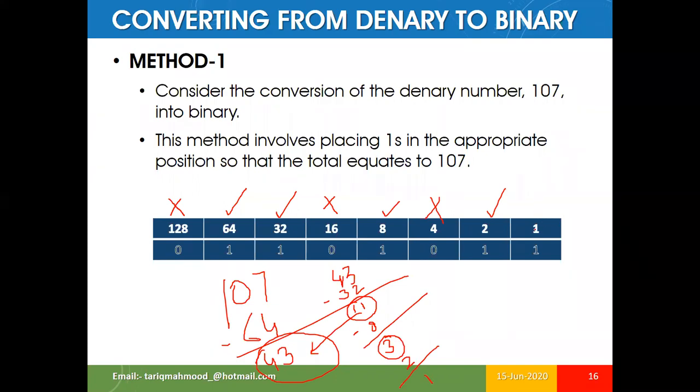We move toward the next column. 1 can be subtracted from the 1 value. Yes, it can be subtracted. And we are left with 0. In the last, when we are left with 0, it means our method is absolutely correct. Right? So this is the method how you can evaluate that when you are making the conversion and you are left with the value 0, you are sure that you have placed the ones and zeros at the appropriate position.